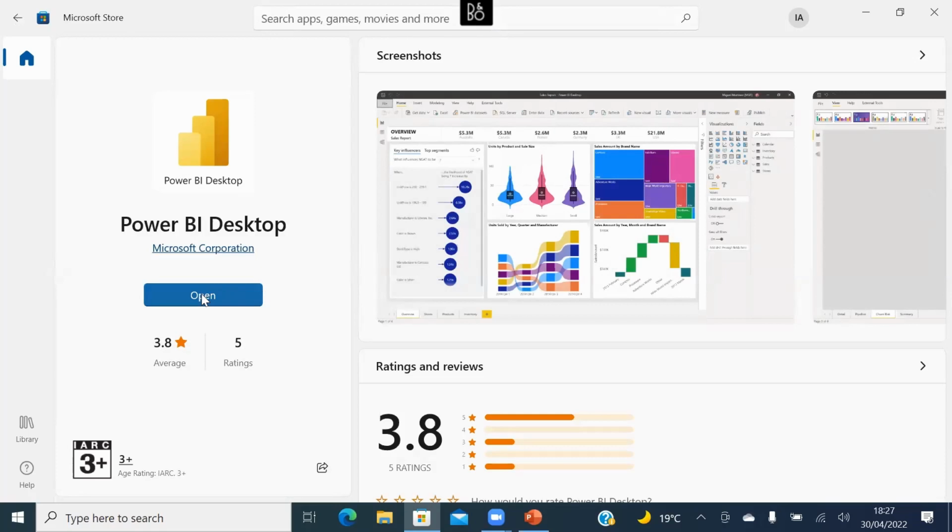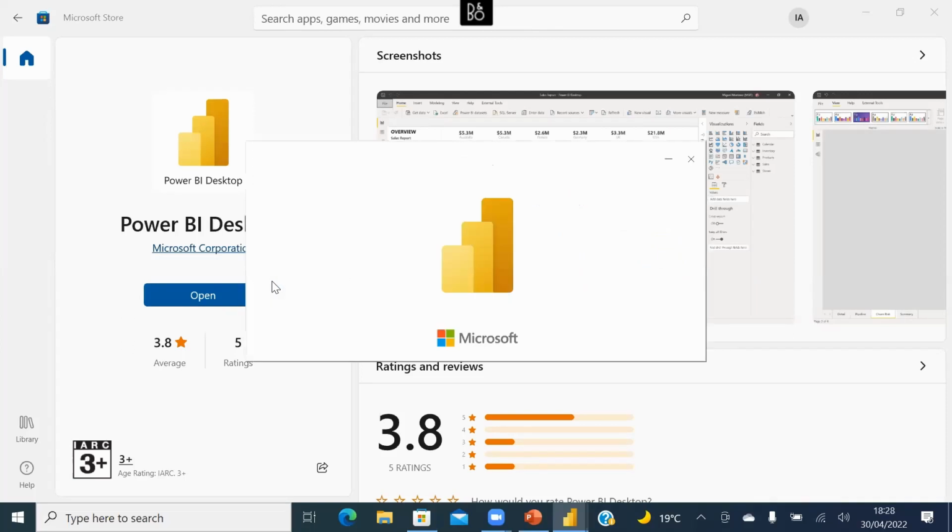So if you don't have Power BI installed yet, what you should be seeing here should be Get. Instead of Open, you should see Get. I believe that should be the word you see there. All you have to do is click on it, then wait for it to install. When the installation is done, the button will change to Open. For some people, it used to be Launch. I don't know what you're going to see, depending on the version you download. If you're getting the recent version, you should see Open, but previously, it used to be Launch. If you click on this, Power BI Desktop is going to launch.